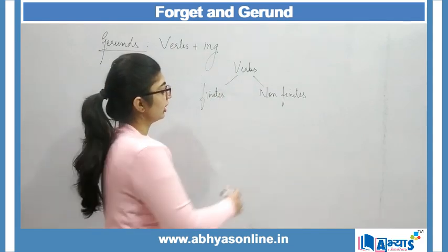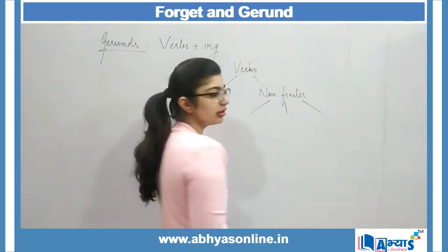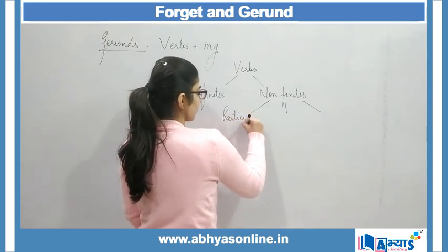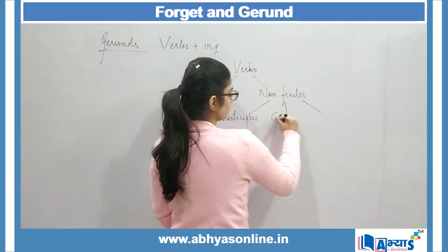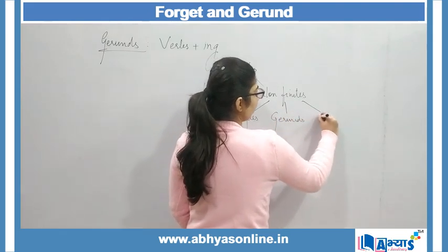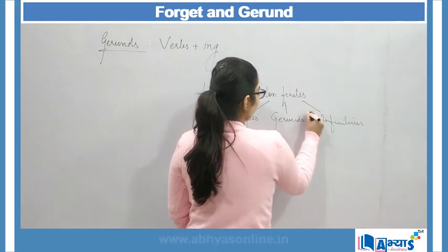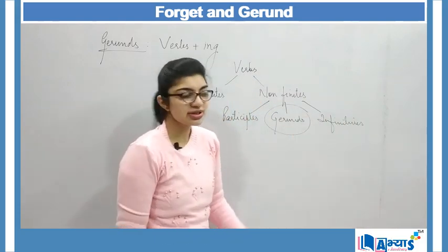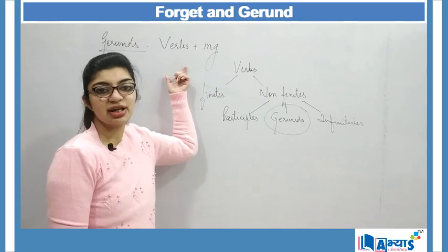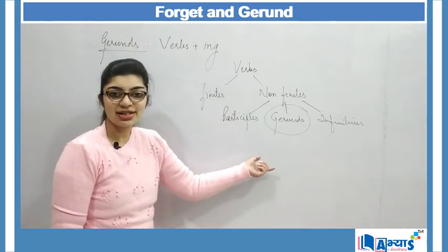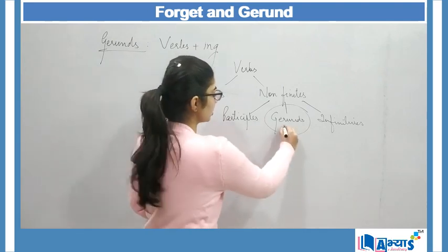Now non-finites are divided into three categories: participles, gerunds and infinitives. And today we will be discussing gerunds. Gerunds, as I said, are verbs which end with ing, and in this particular video we will be focusing on